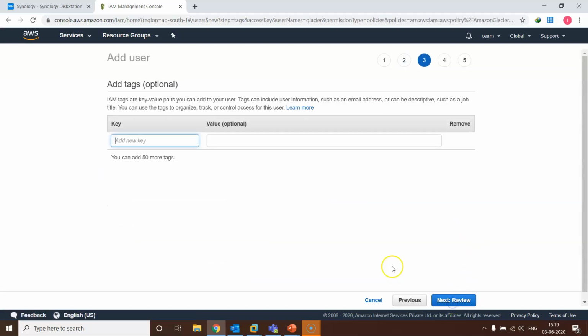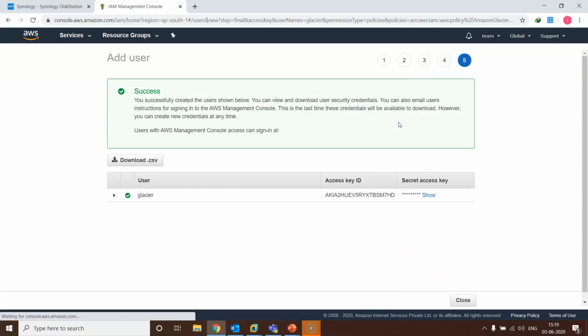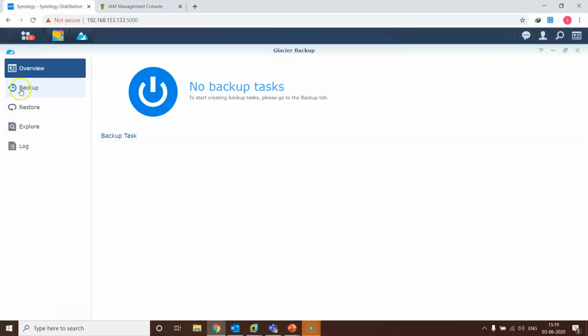Next, tags. Leave the default one. Click on review and create user. Once the user is created, you will get an access key ID and secret key, which we will use for authentication.